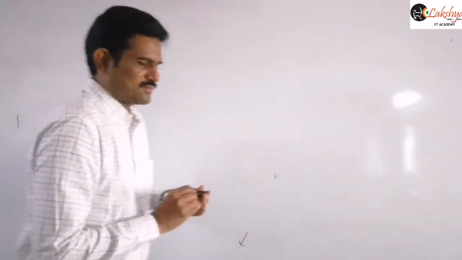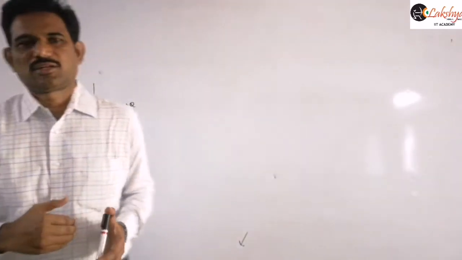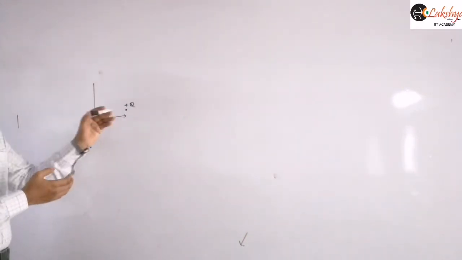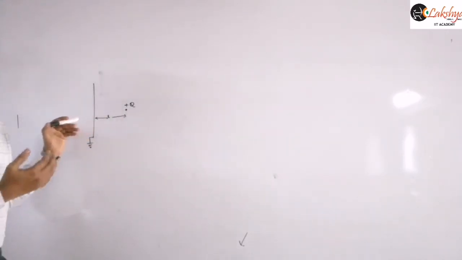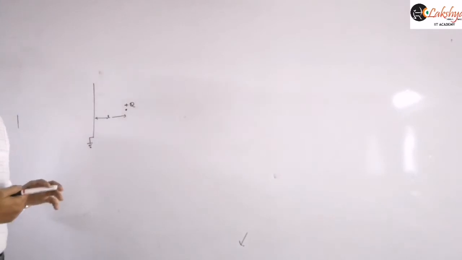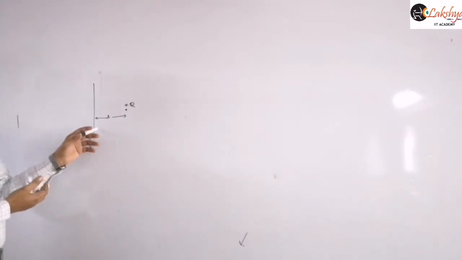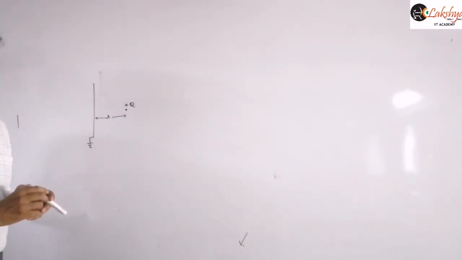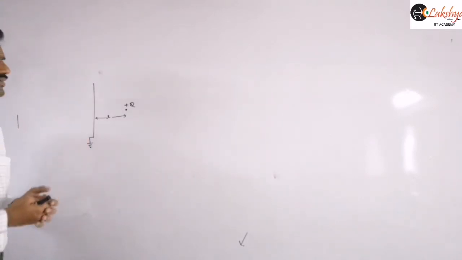So now my question is, what is the force acting on this point charge due to that conducting plane? We know due to this conducting plate, some charges will be induced on this conducting plate due to this point charge. This side negative charge will be induced, this side positive charge will be induced. So there is some interaction between this point charge and this plane, right? And as it is grounded, the charge distribution will be different. Here some negative charge will be there, and so finally some attractive force will be there on this positive charge. So now we need to find the force acting on that positive charge.